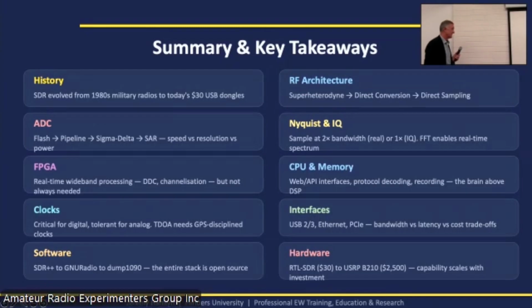Clocks, always going to be an issue. Accuracy is so important. You'll find a number of the SDRs come with an input capable of plugging in a GPS antenna. That will give one level of accuracy. The others have external clocking capability, generally at 10 megahertz. If you're going to run multiple devices, if you're going to do time of arrival, you must start looking at how you get the best clock.